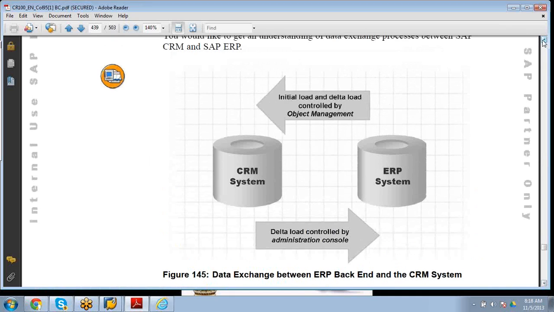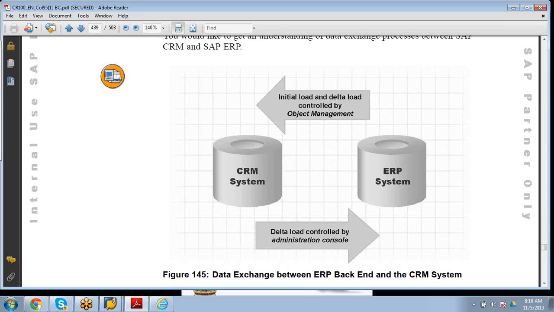So this is another data exchange part, which we'll be discussing when we get into the screens. I'll be showing you what an object is and what the admin console is. There are two kinds of loads. That's called initial load. The second one is called delta load. In case of delta load, there will be an admin console. In case of initial load, there is object management. Delta load is done during maintenance, some updates, but initial load is once we control the activities. Some part of delta load can also be done with objects, but the admin console is used for it. But again, when we come from the admin console, it will maintain through objects only.